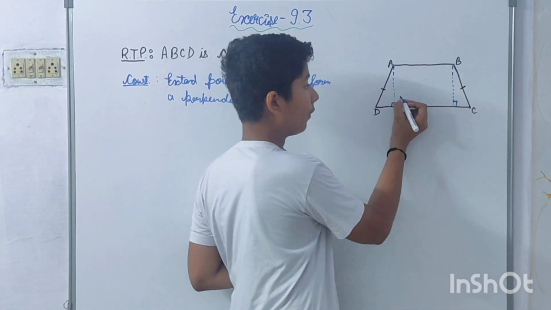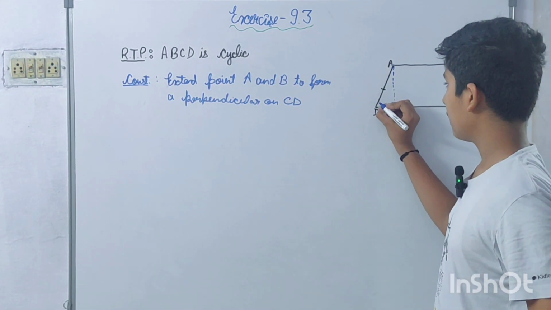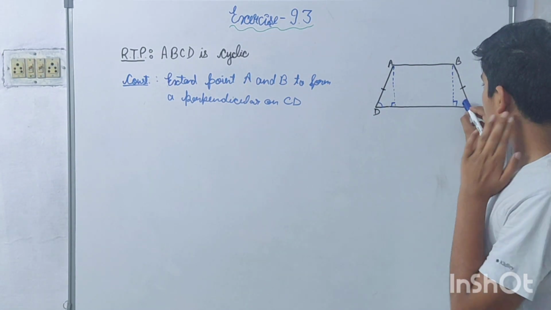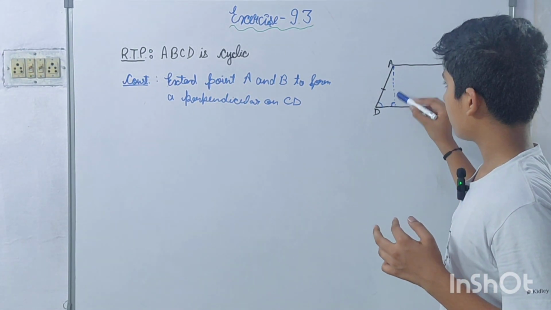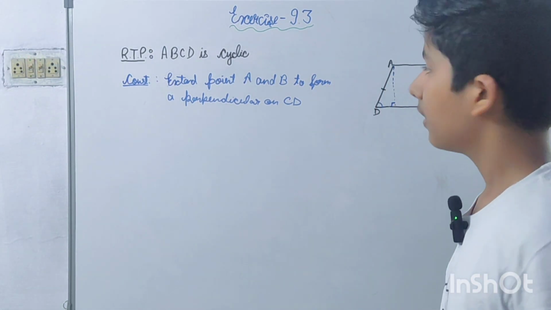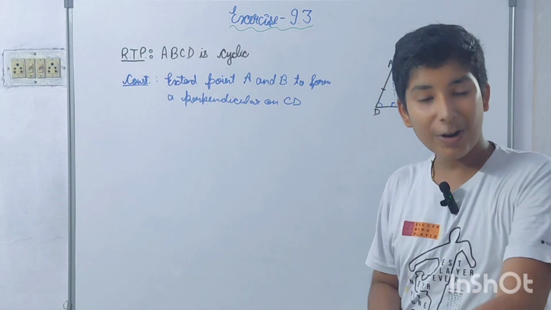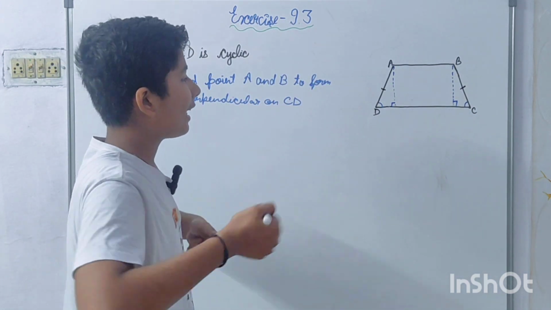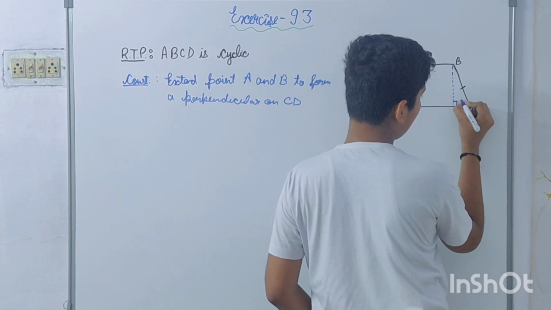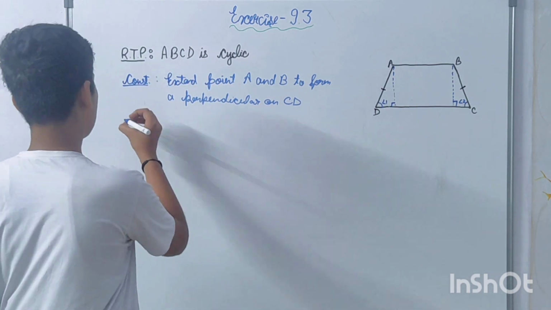So in this, if we prove these two triangles congruent, we can say these two angles would be equal, and we already know that these two are parallel. So angle A plus angle D would be 180 degrees, because they are co-interior, and these are equal to each other, meaning this plus this would be 180 degrees. Now it is a very easy question for you, I hope so. Let this be angle 1, this be angle 2. So first of all, solution.